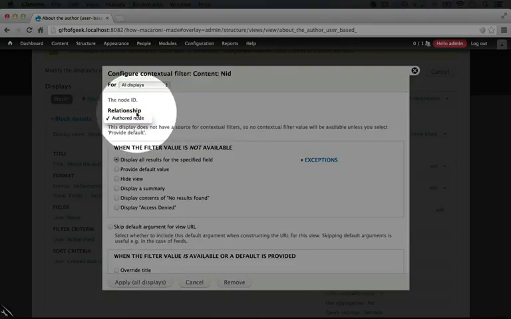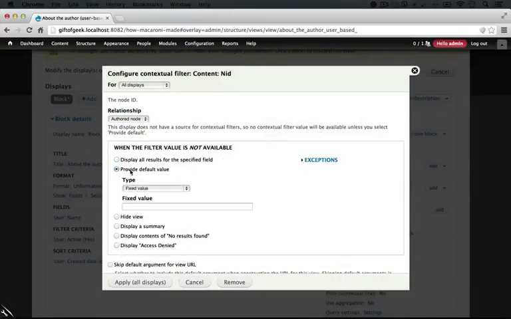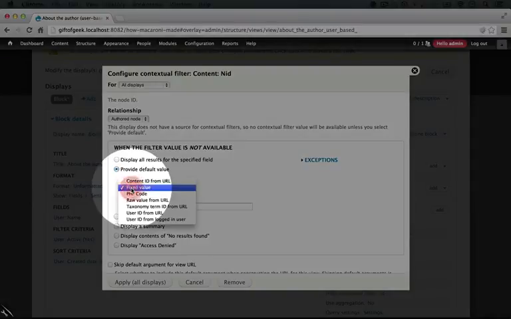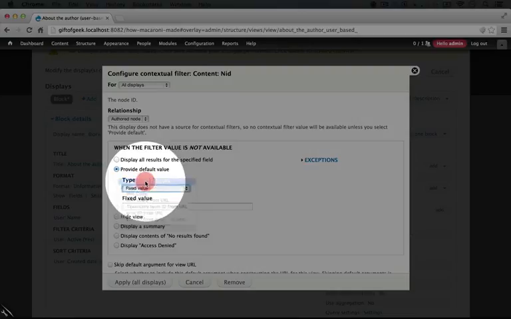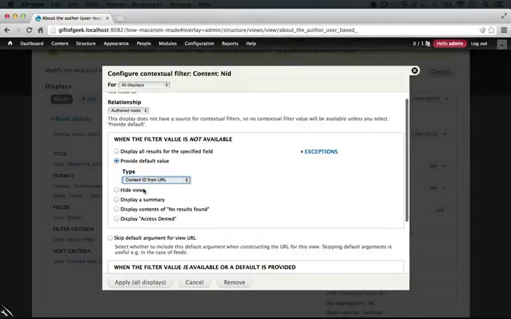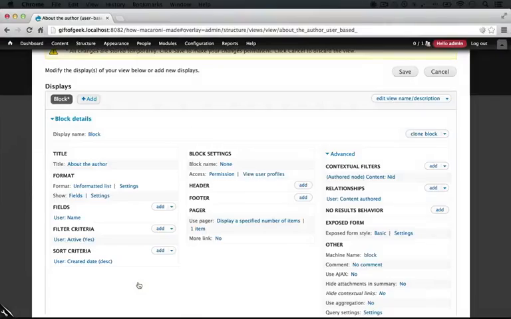The relationship is already selected here and we don't have any other options. The authored node is the one that gives us this option anyway. And just like before, we're going to have to provide a default view. Again, this is because our arguments aren't being passed at the end of the URL, it's being passed within the URL. The type here is going to be content ID from URL, and we can go ahead and click Apply